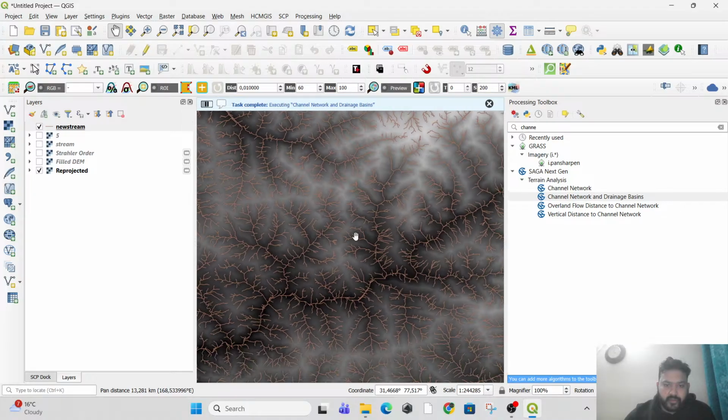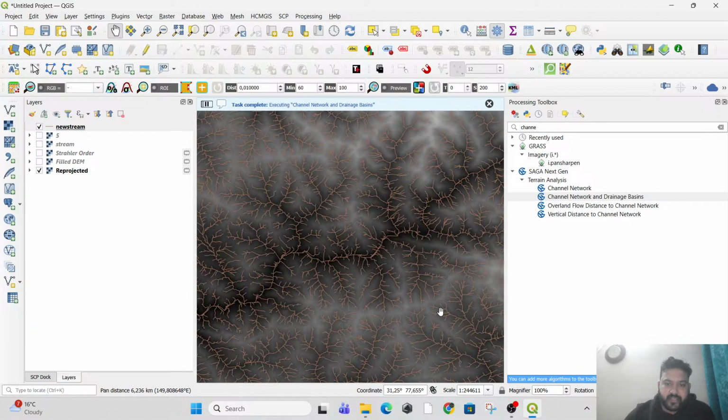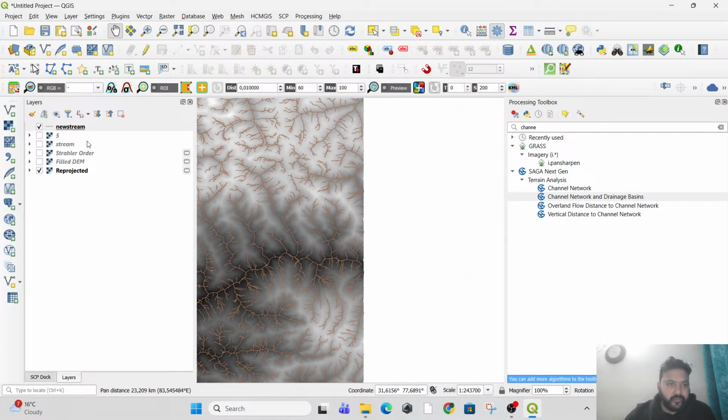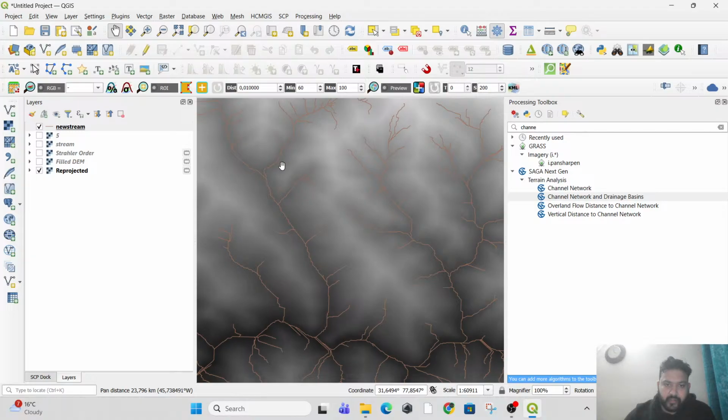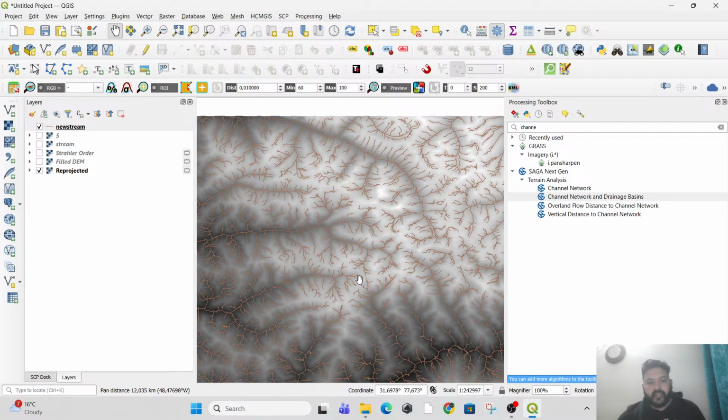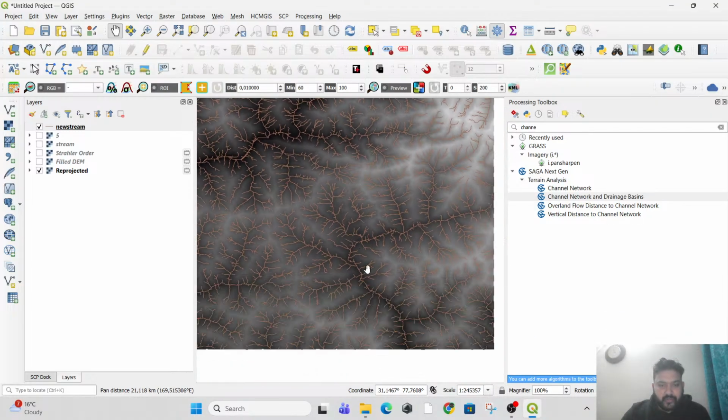So you can easily visualize that I have the stream order above 5 here now. Okay, so this is also another activity, like if someone is asking you to create a stream pattern of the area, you can use the DEM to create a stream like this. So you can extract the stream using a DEM. This will also now be used to create a watershed. So once you have a stream network,